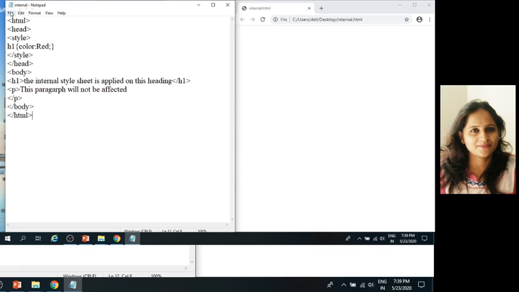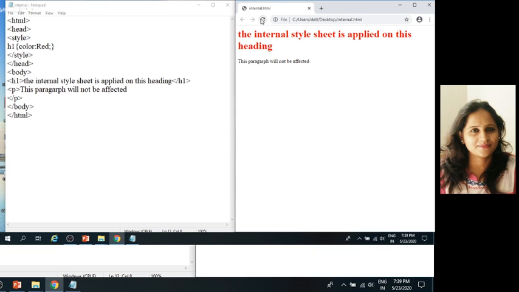Just save it and run on browser. See the output. Heading 1 is affected with color red, and the paragraph content is displayed here.